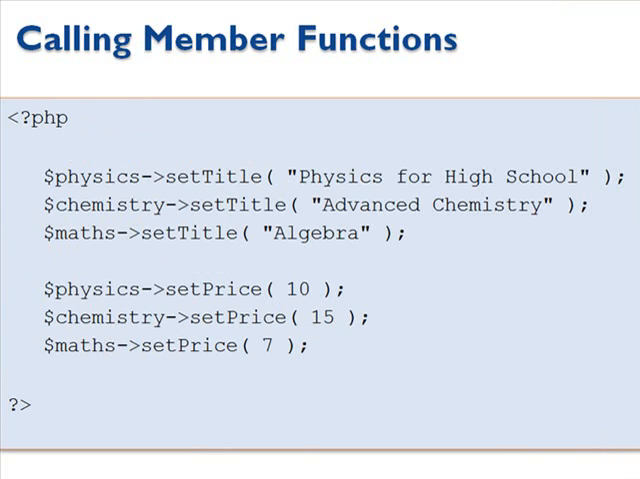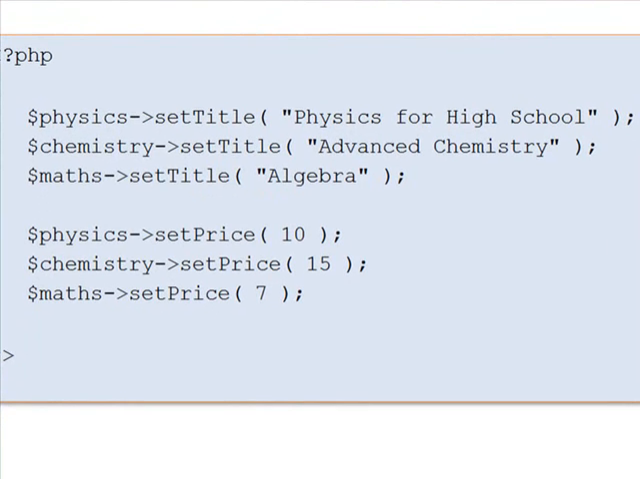Calling member functions. After creating an object, you will be able to call member functions related to that object. One member function will be able to process the member variable for the related object only. Following examples show how to set title and prices for 3 books by calling member functions. In here, physics